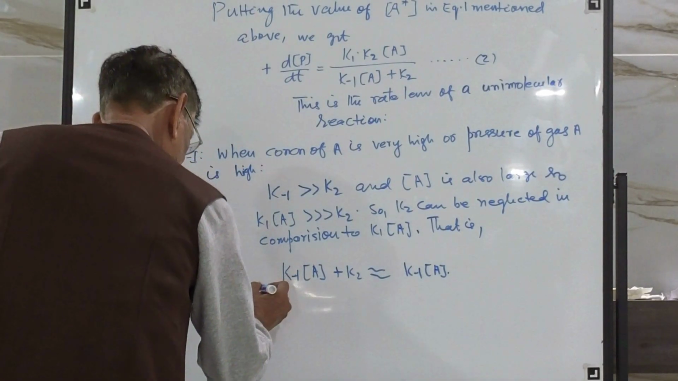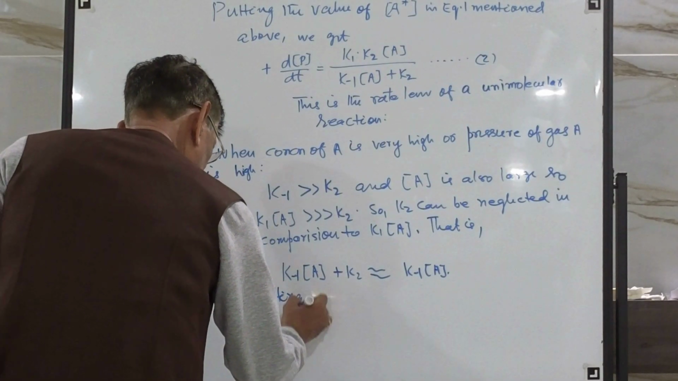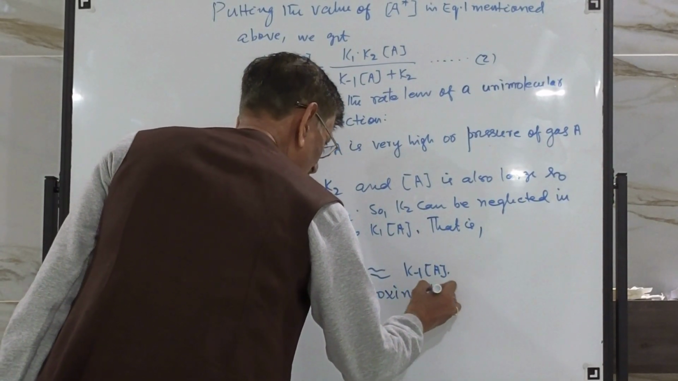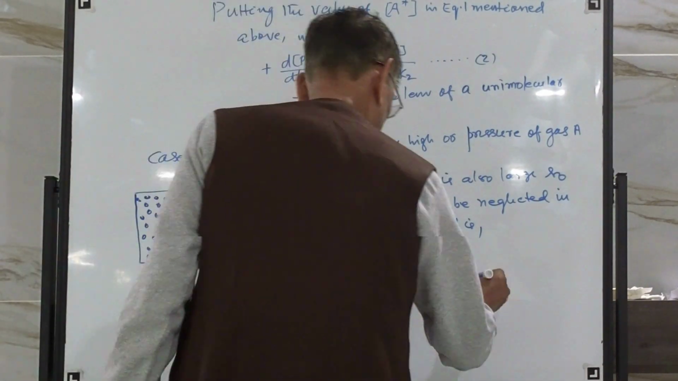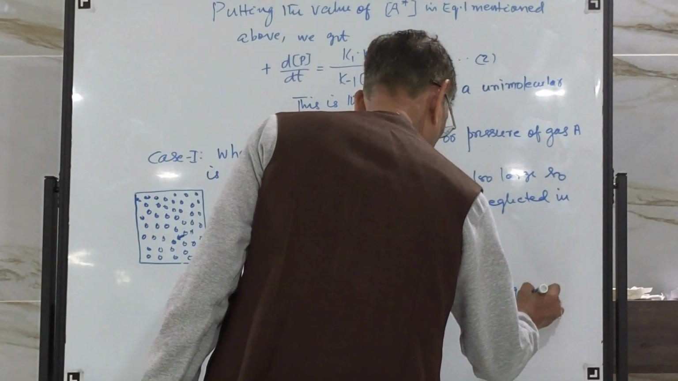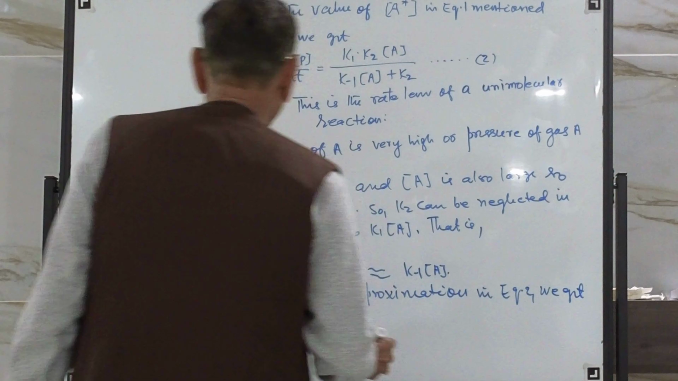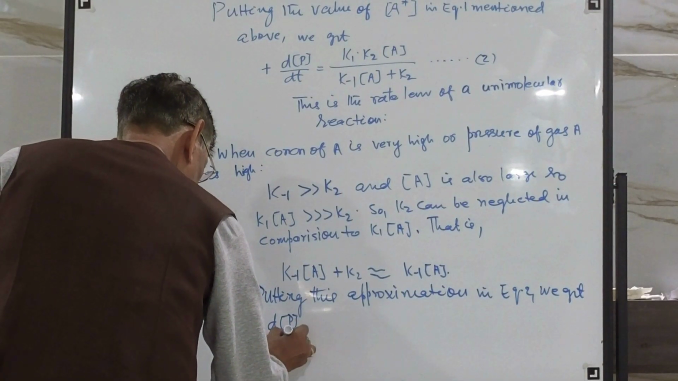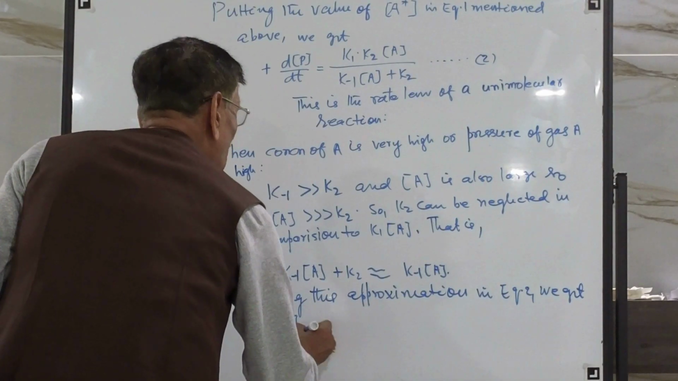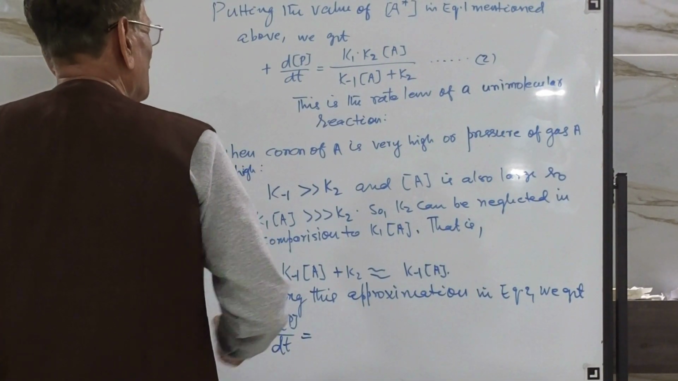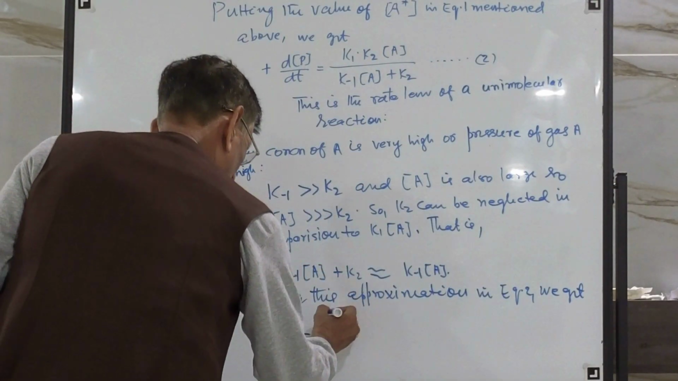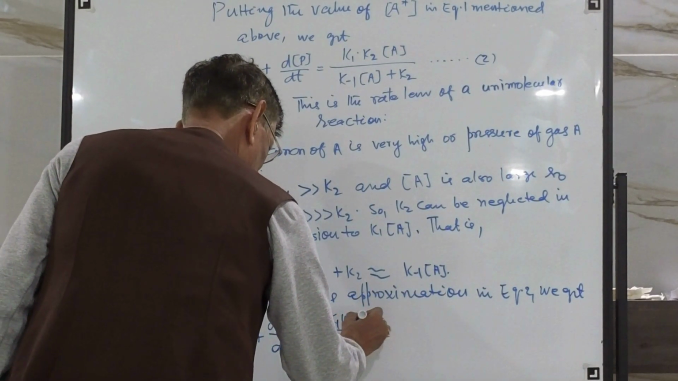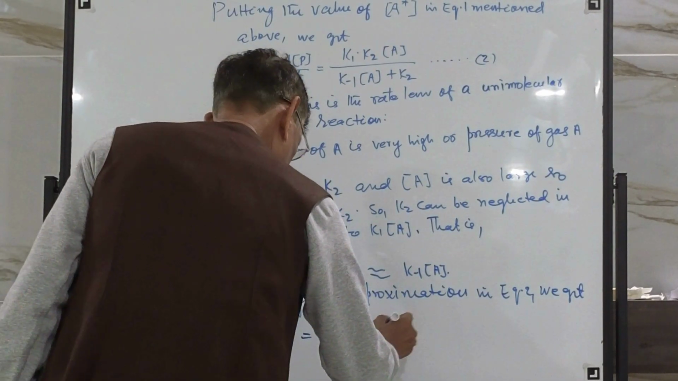Now, putting this approximation in equation 2, we get plus dP by dt equal to K1 K2 by K minus 1 A. That is proportional to